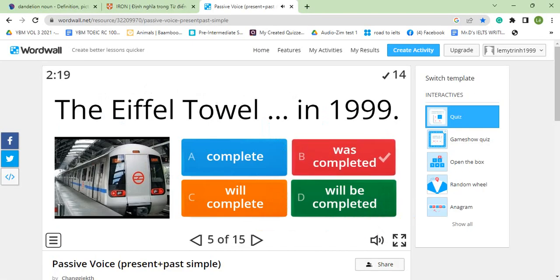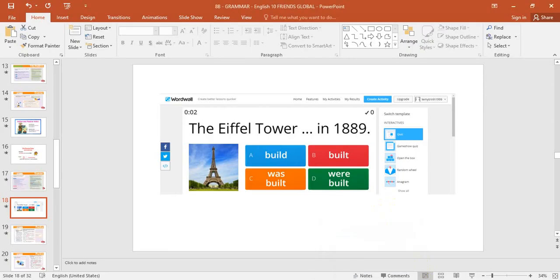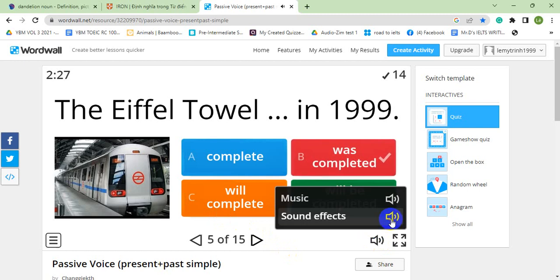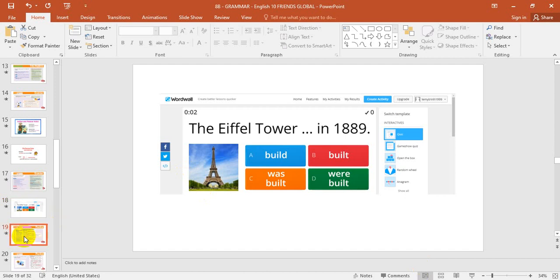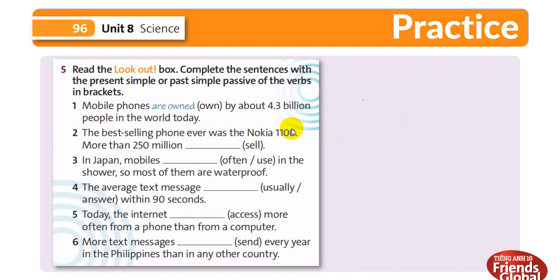Now you end up the game. After the game, I hope that you can understand the lesson and learn more about the present and